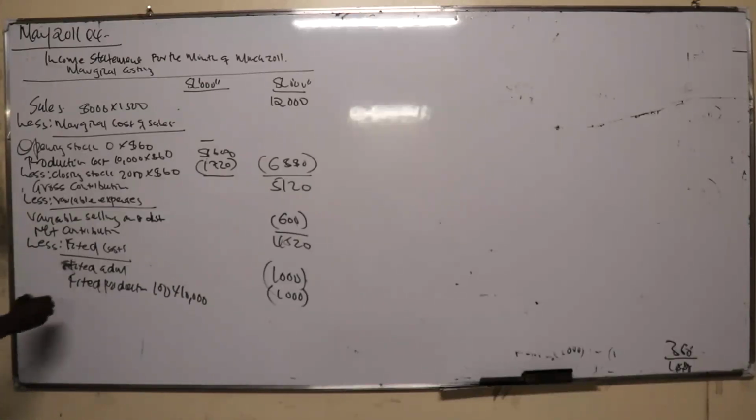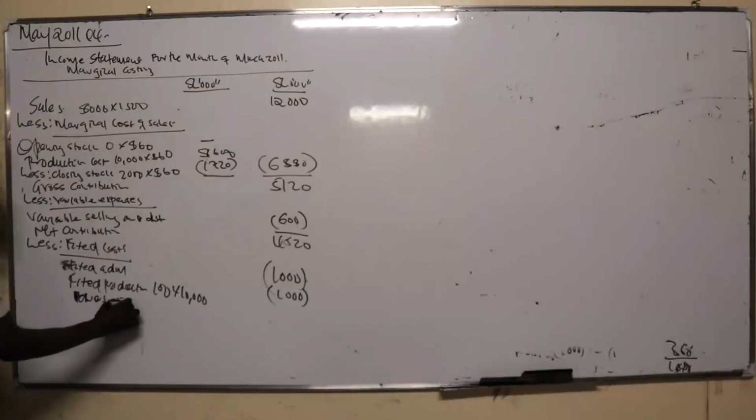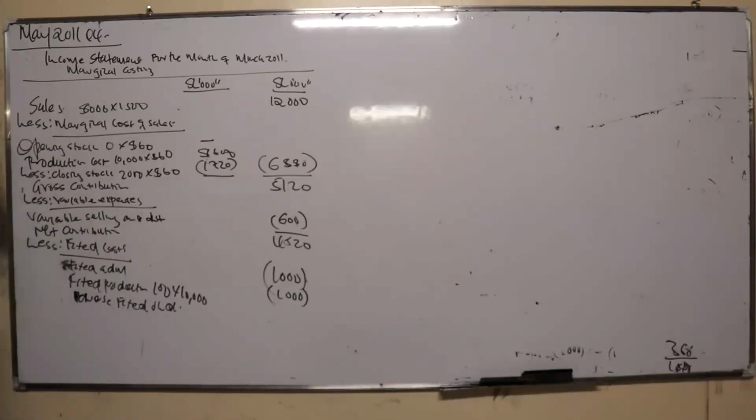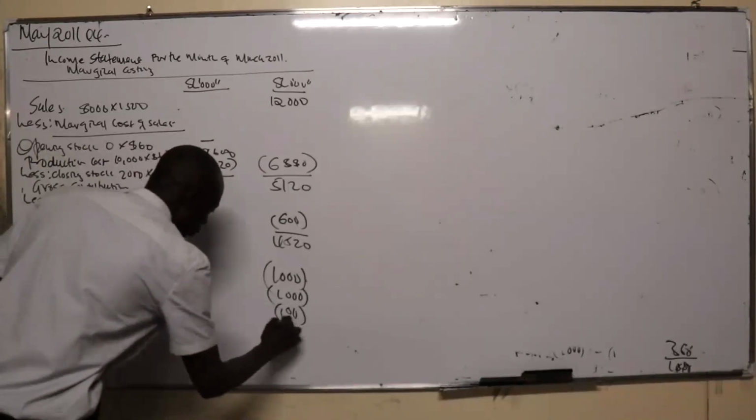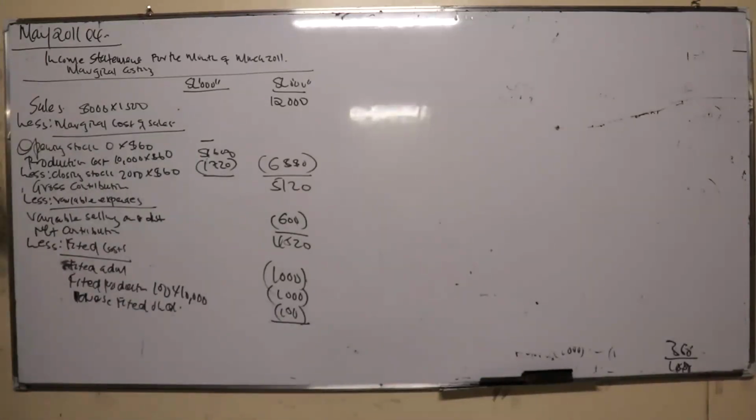We had been told you less advanced fixed overheads. Advanced fixed overhead was 100,000 advance. So you minus 100,000. So advance you deduct from both sides. So 4520 minus 1,000 minus 1,000 minus 100. So you get 24,